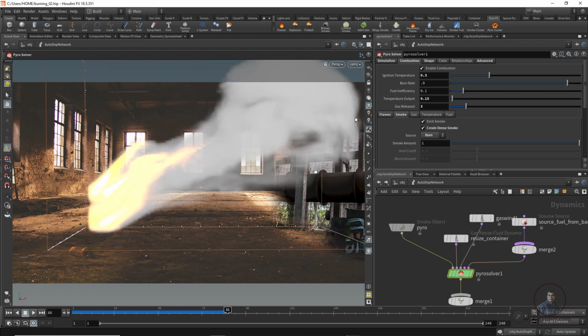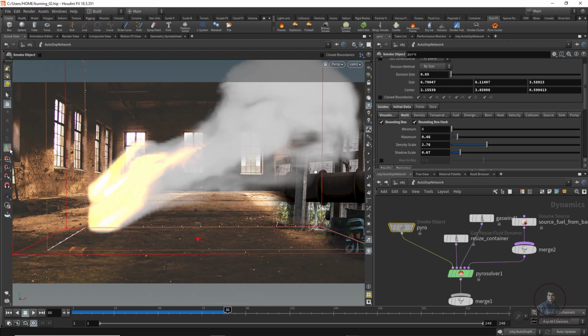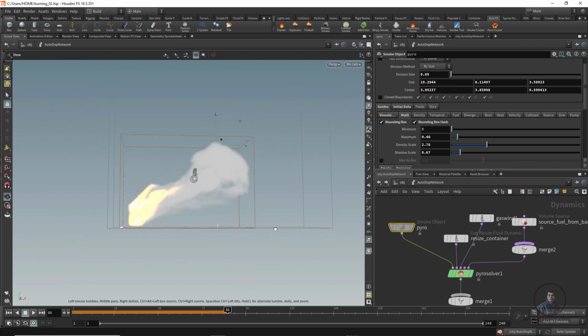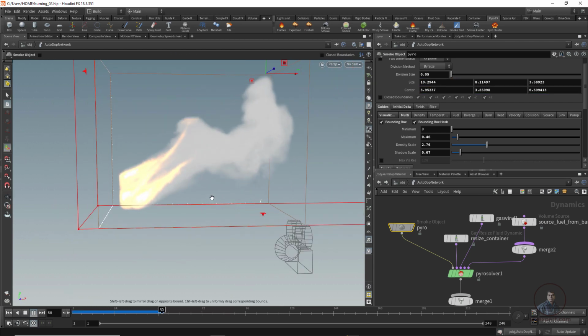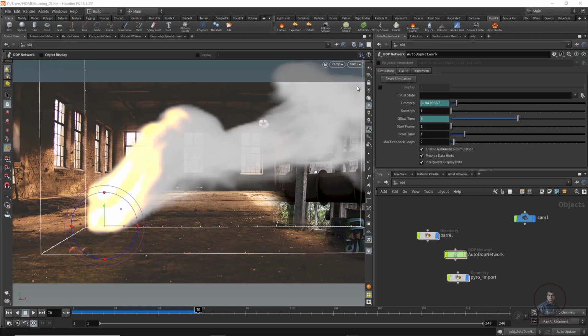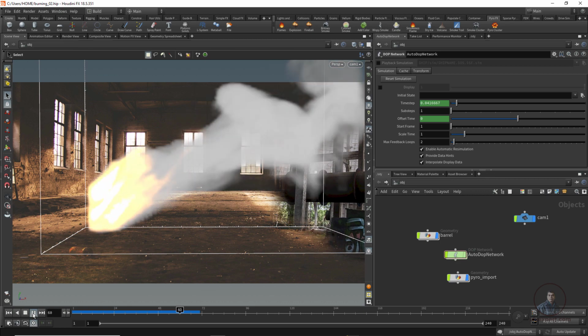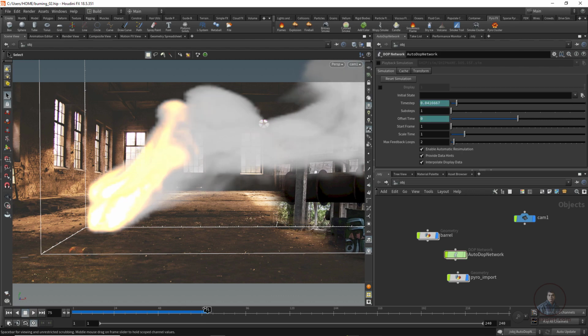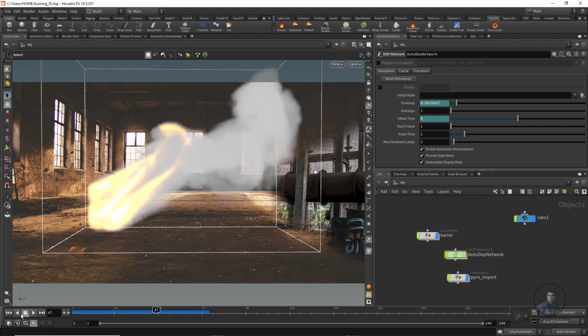If you notice here, after this it's not going here, because we have to adjust our container. So select this one, pyro here, and take this tool and adjust it. So again come in perspective view here. I think this is a little bit too fast, so we have to adjust it here.